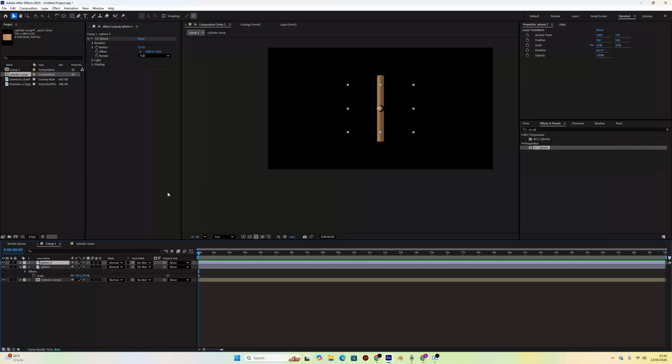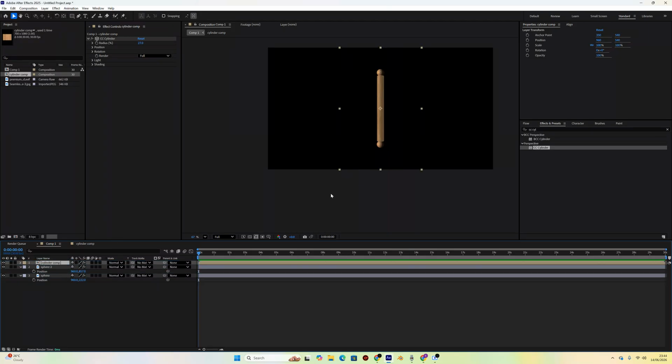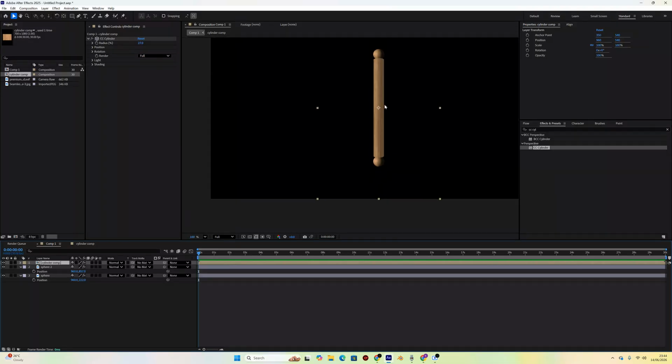So now let's bring these spheres to the locations that we need them to be. Let's hit position. Now we need to bring one down, so let this one come down. And we need to bring the other one up, so let it come up. Now we need our cylinder comp to be layered on top of these two. Now you can see there is a problem here. And the problem is that